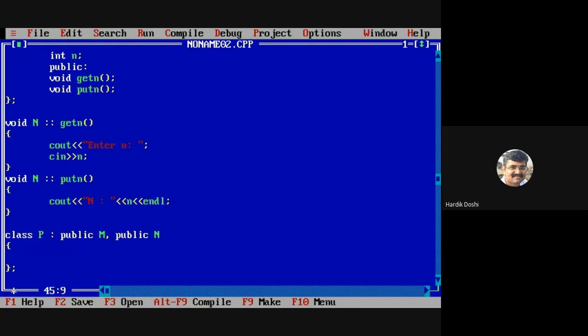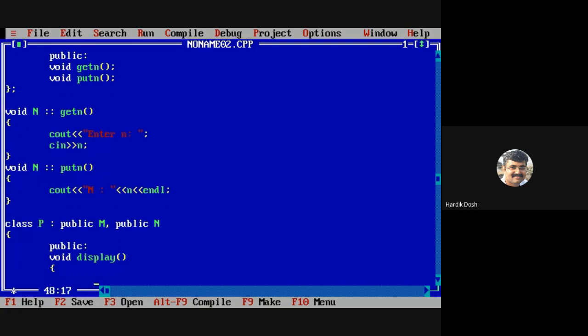Is it fine? Now in the public section, I am adding one function named void display.